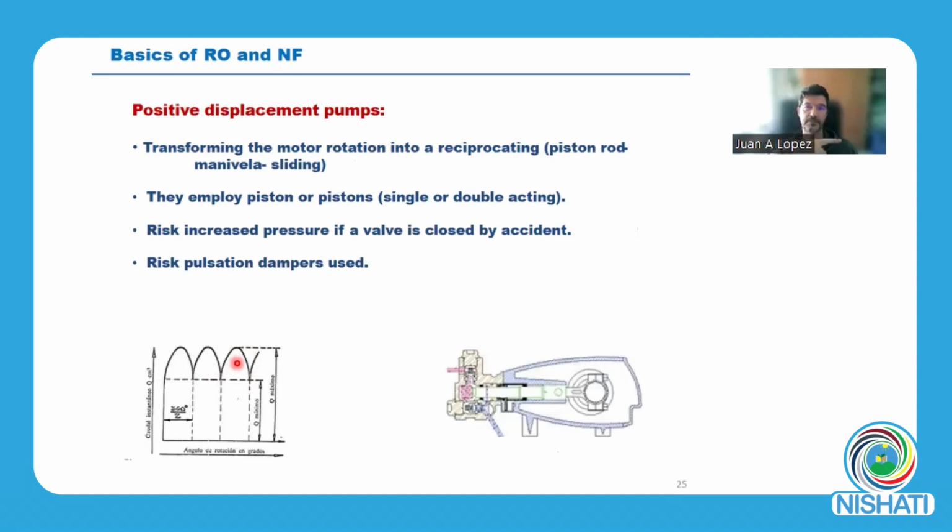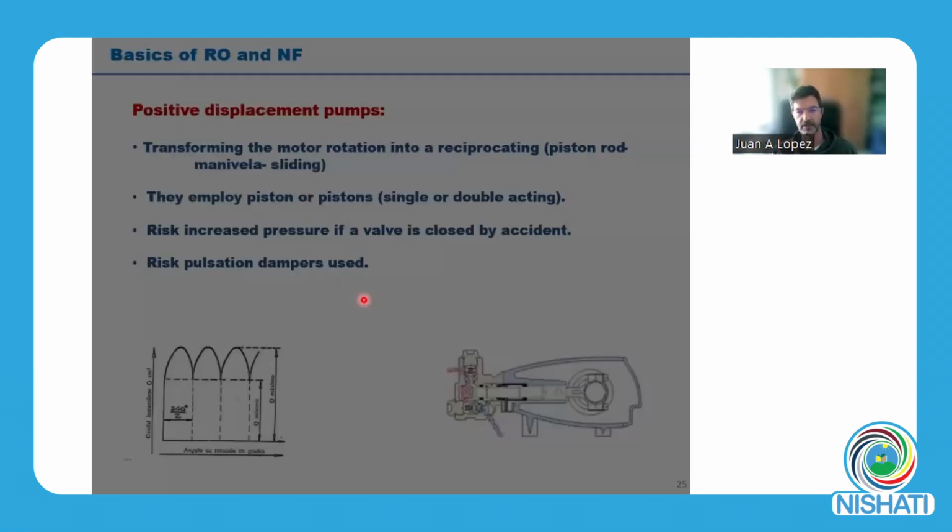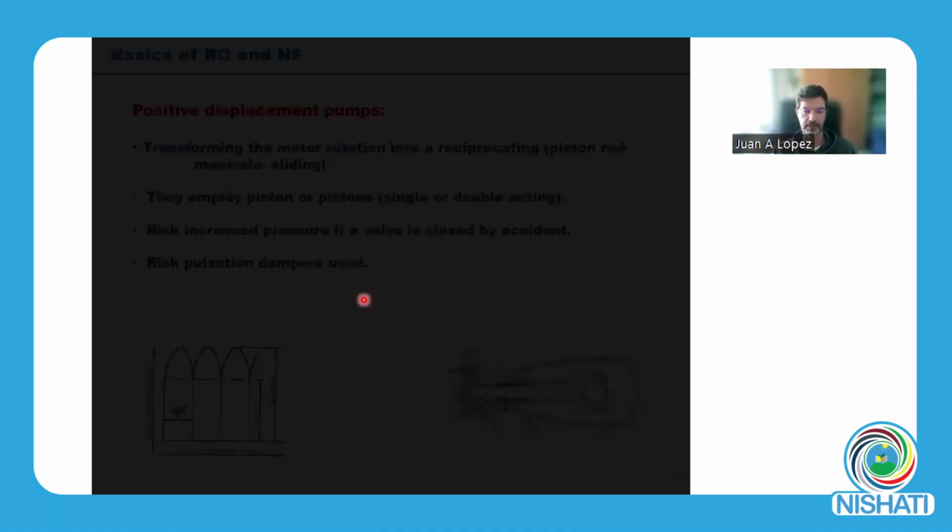So the pressure is not constant. It's vibrating. The pressure gauge is moving, so you need to use dampers. Sometimes they don't work properly. But well,